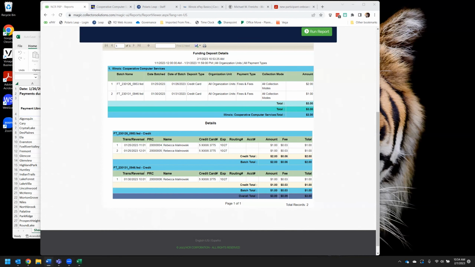So you can see I only have transaction numbers for 5, 4, 5, and 6. And that is because the other transactions